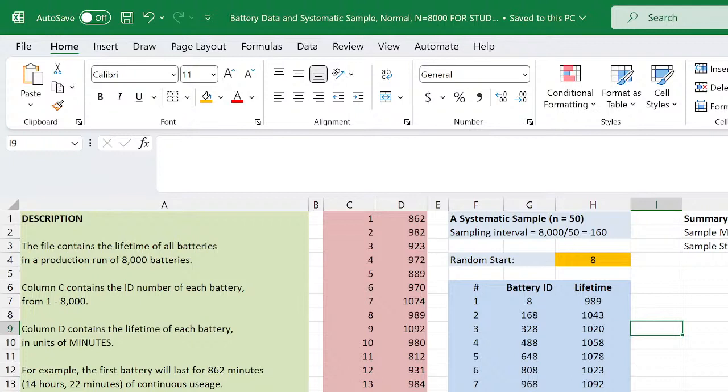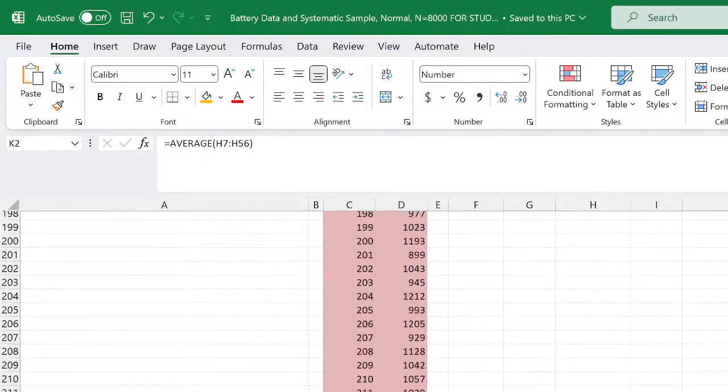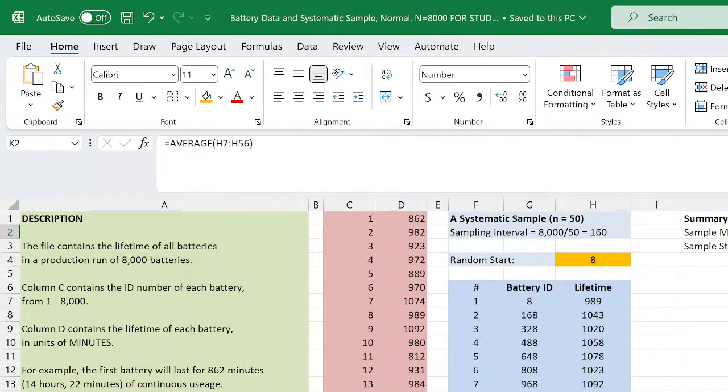And then I do have a little bit up there about sampling. I don't want to sample too much, right? Because it's destructive sampling. You sample 9 batteries, you can't put them back. There's one sample of 9, and in that sample, it's 943 with a standard deviation of 84.